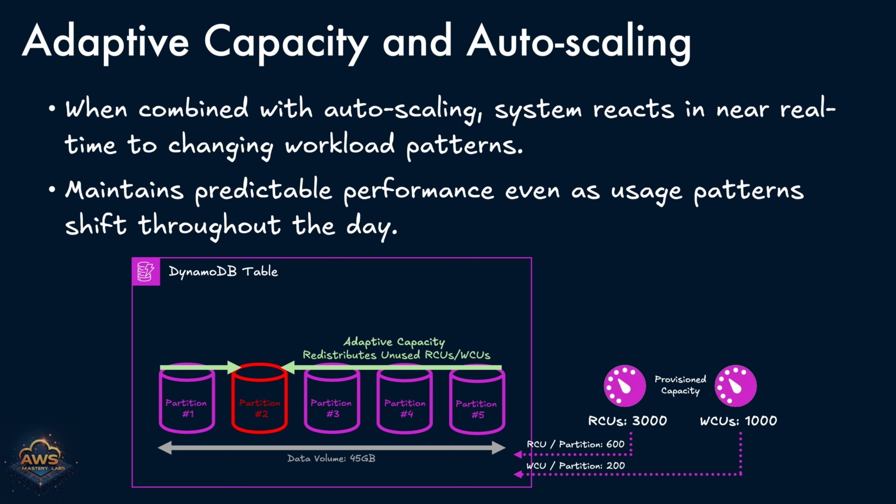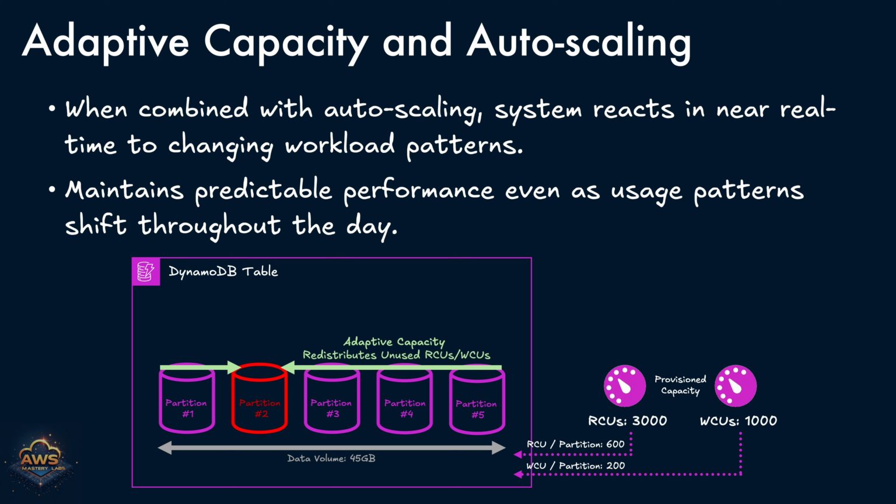Let's first look at adaptive capacity in action. In this scenario, partition 2 is experiencing a surge in traffic, making it a hot partition. Under normal conditions, each partition gets an equal share of the provisioned throughput. However, DynamoDB automatically detects that partition 2 is under pressure and dynamically reallocates any unused capacity from the cooler partitions, such as partition 1 and partition 3, to partition 2. This intelligent rebalancing happens without requiring manual intervention or a change in the total provisioned capacity, helping prevent throttling and